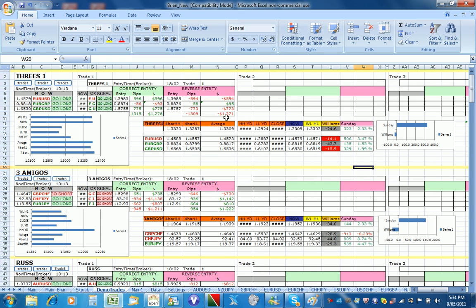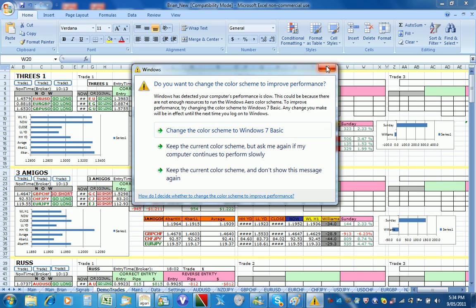Okay. When these two figures become the same, the profit on the entry and the profit on the reverse entry is basically how you enter a trade. Example, if the Euro US dollar profit in here was exactly the same,